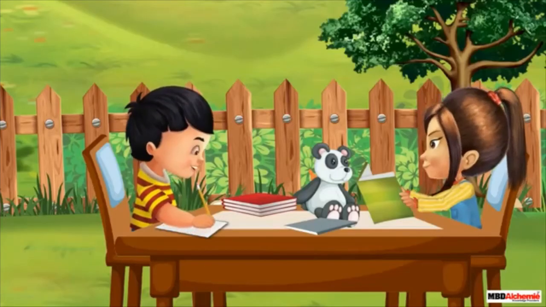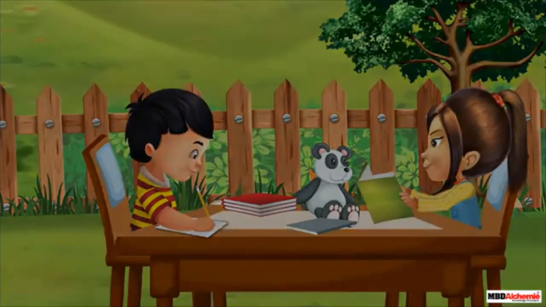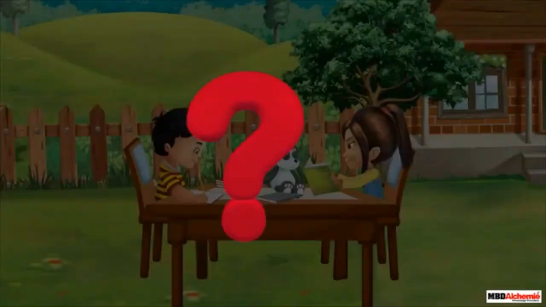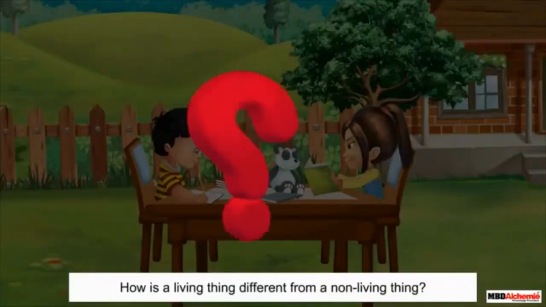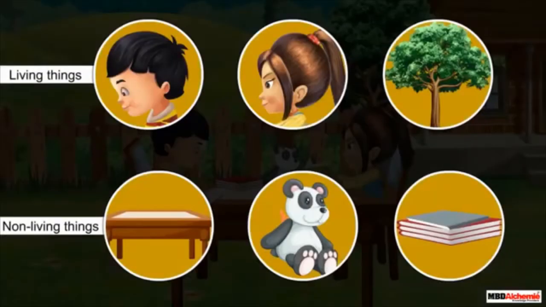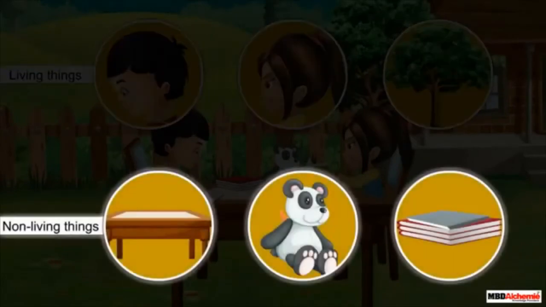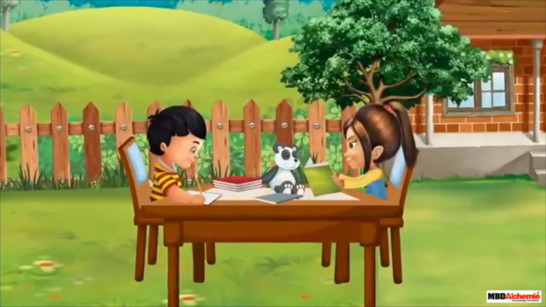Just like Sid and Alicia, we are all surrounded by living and non-living things. Do you know how a living thing is different from a non-living thing? Well, there are certain characteristics that a living thing has but a non-living thing doesn't. Come, let us look at these